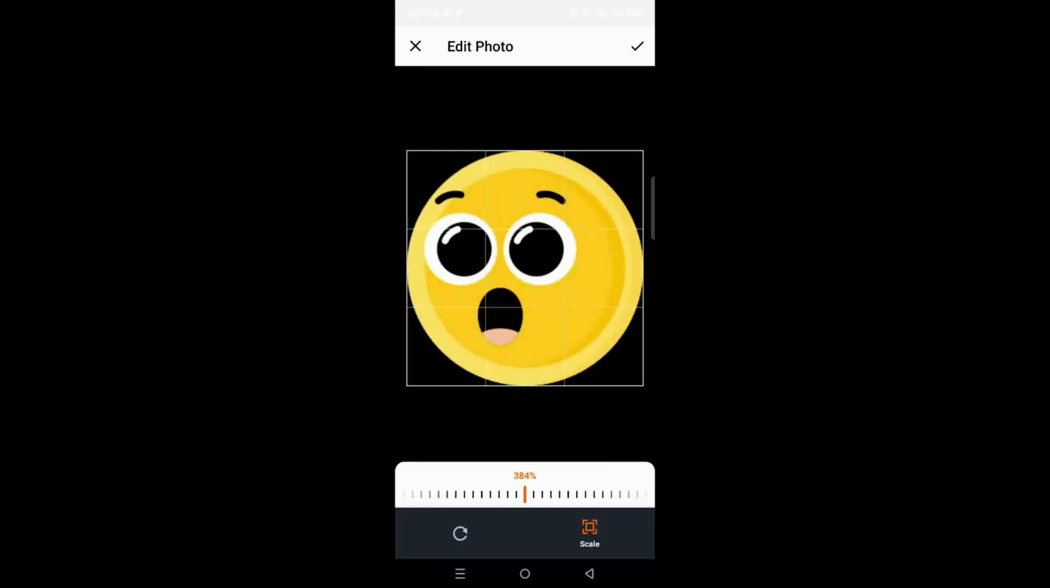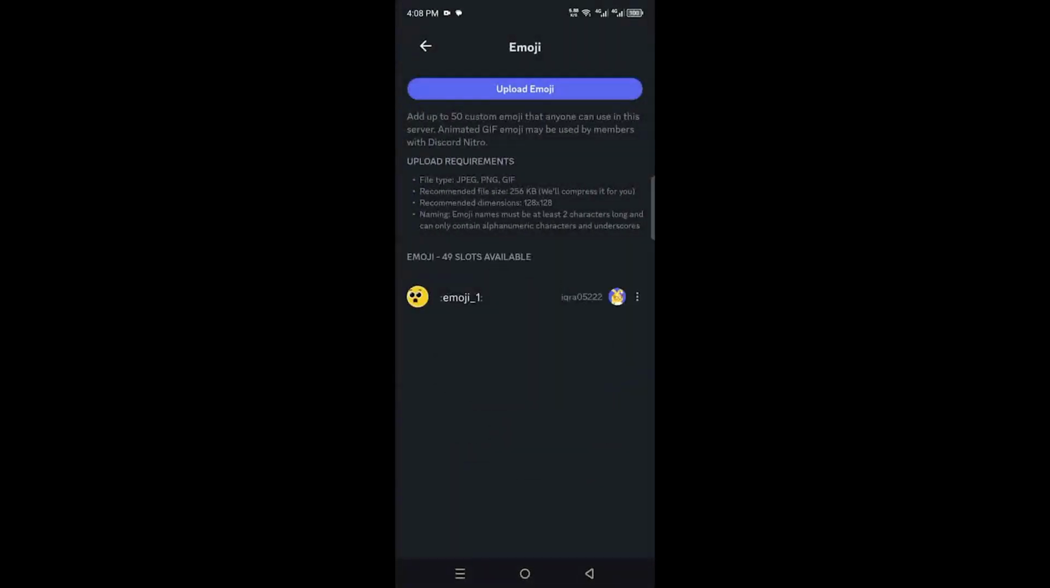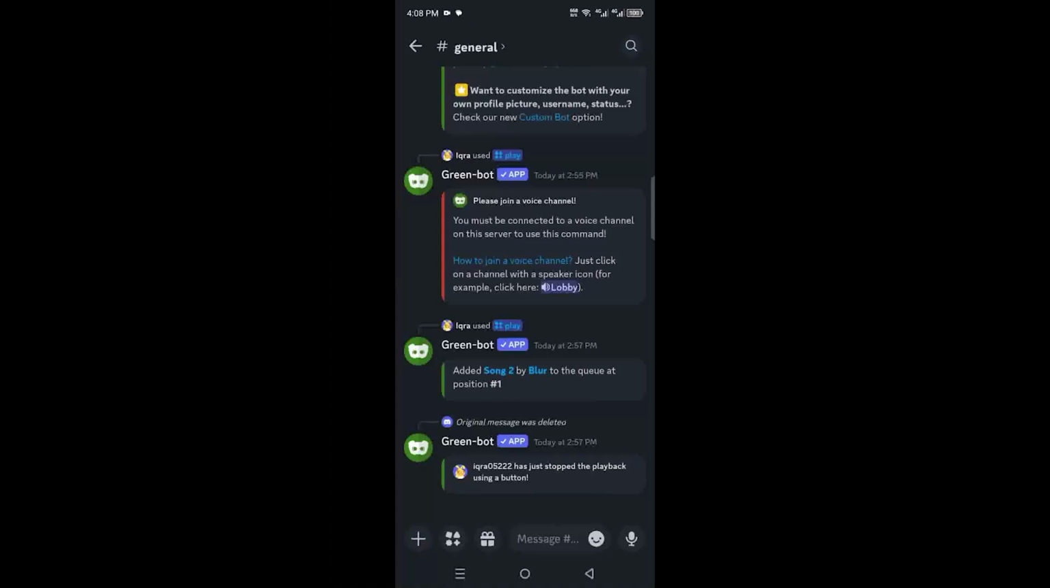Adjust it if needed, but for now I don't think there is any adjustment needed over here. So I will go with this check mark, and it's done. If I go in any of my server, so in this message bar I will go with